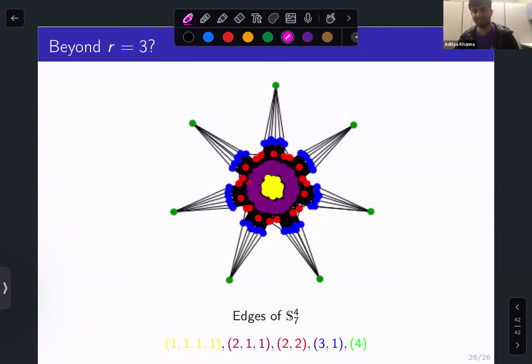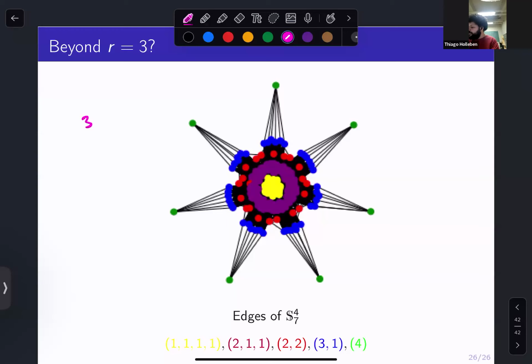And for 6, what happens? Can you make a connectivity picture like this? Oh, so the problem is that for 3, you have something like 3, 2, 1, and 1, 1, 1, right? The R partition is always different, so you can forget about it. And this is adjacent to this. When you do 4, 4 would be 4, which you forget about, and then 3, 1, and then 2, 2, and then 2, 1, 1, and then 1, 1, 1, 1.